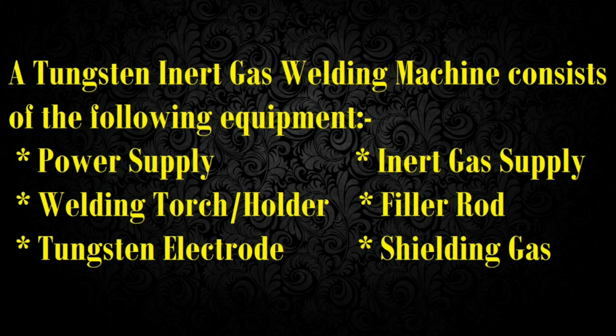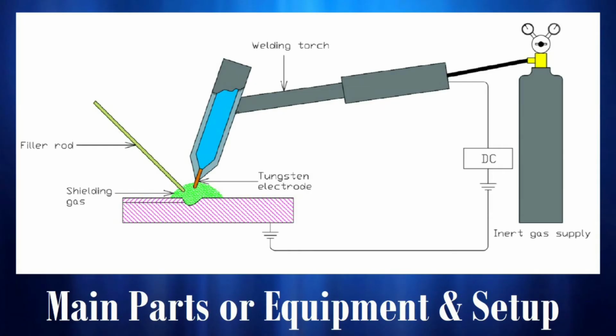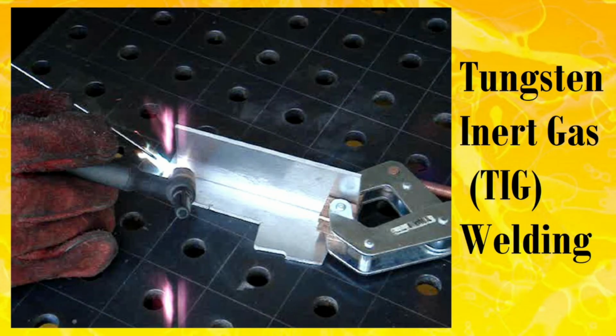In actual operation, the heat generated by the electric spark fuses the metal from the joint area and produces a molten weld pool. The size of the pool depends on the size of the electrode and the amount of current supplied by the generator. And the arc area is surrounded by an inert or reducing gas shield to protect the weld pool from the non-consumable electrode. The process may be operated autogenously, that means without filler material, or filler material may be added by feeding a consumable wire or rod into the established weld pool.